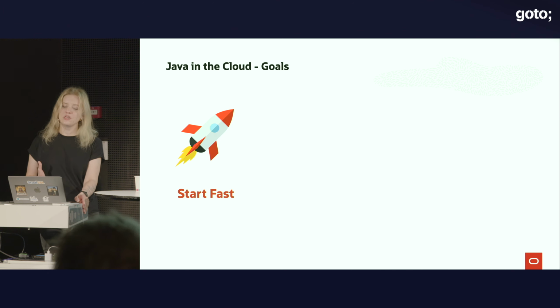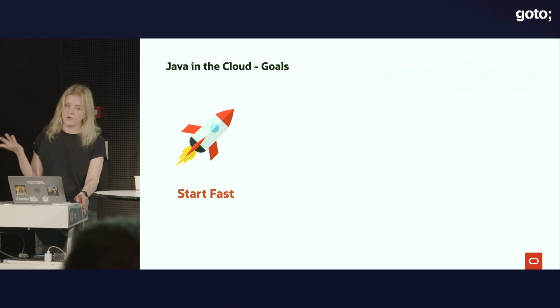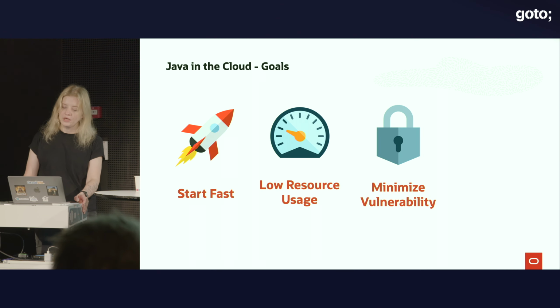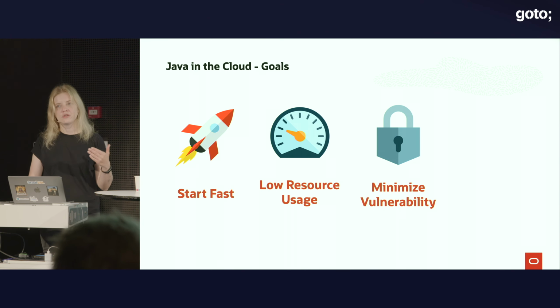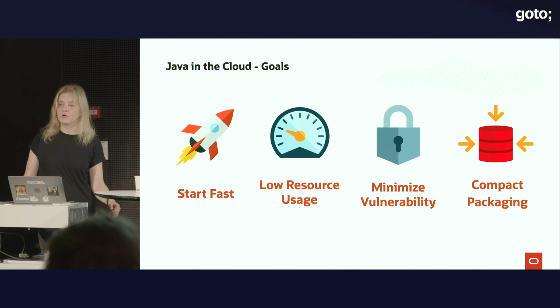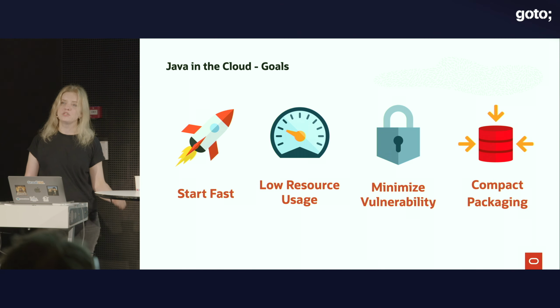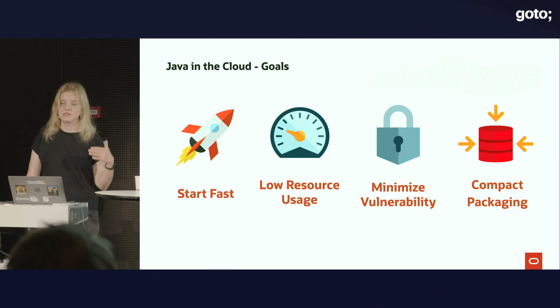You can make your application start much faster as native executables without JVM. You can reduce resource usage because we are not executing your code dynamically at runtime anymore. You can add an additional security layer to your application by eliminating unused code and making reflection and serialization available through allow lists. And you can also achieve small container images if you want to deploy your applications and scale them